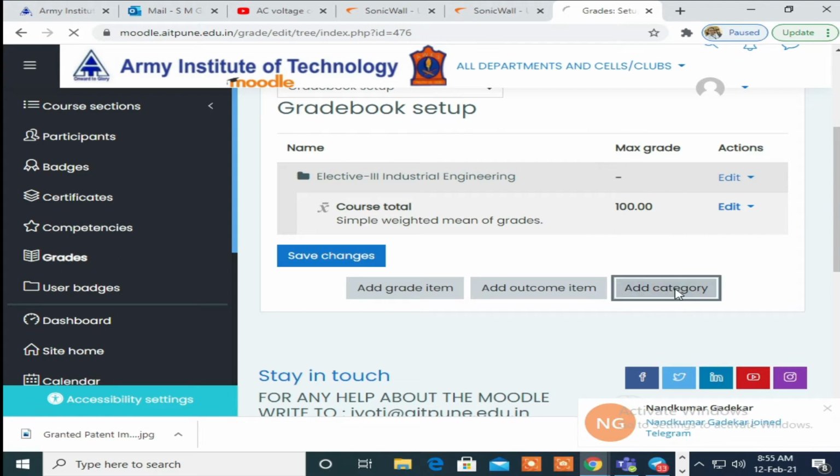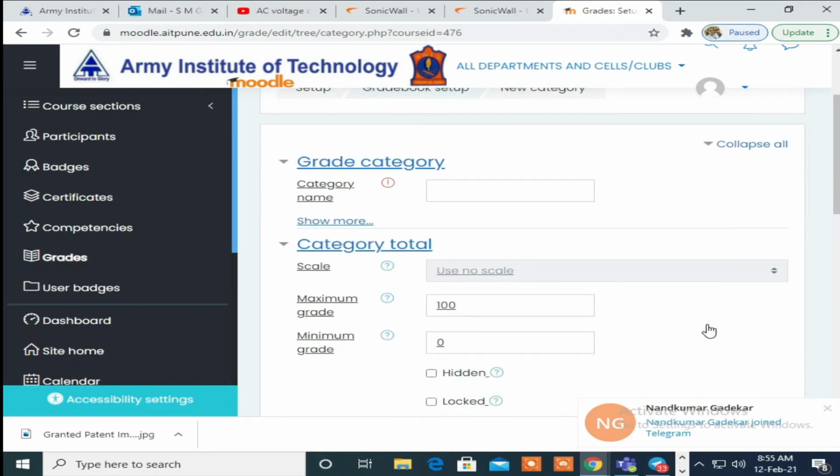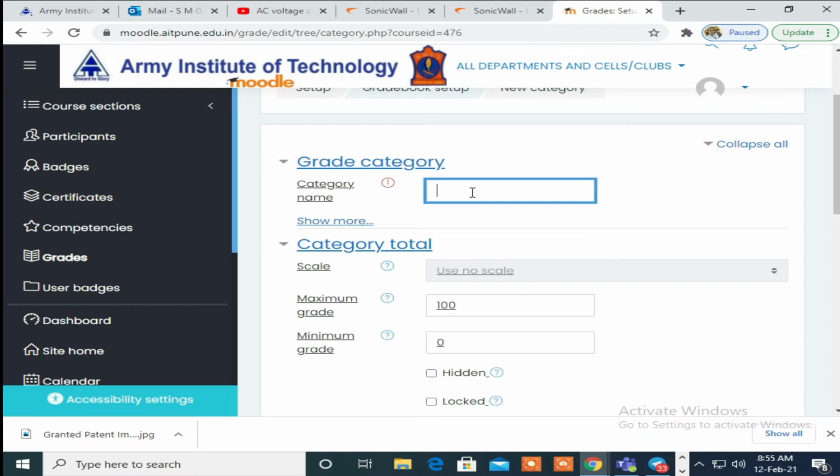Once you click on add category, you will see a different window which guides you on how to do the different settings. Here, that is direct attainment, one needs to add.